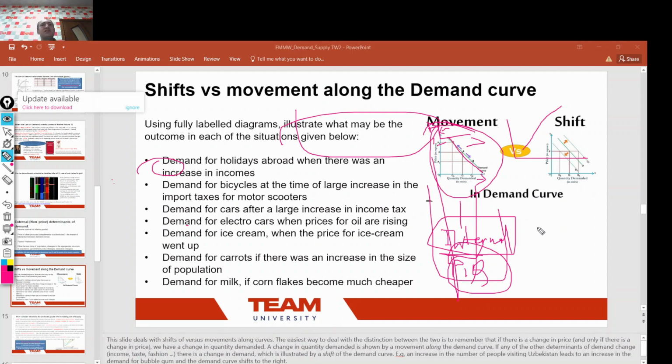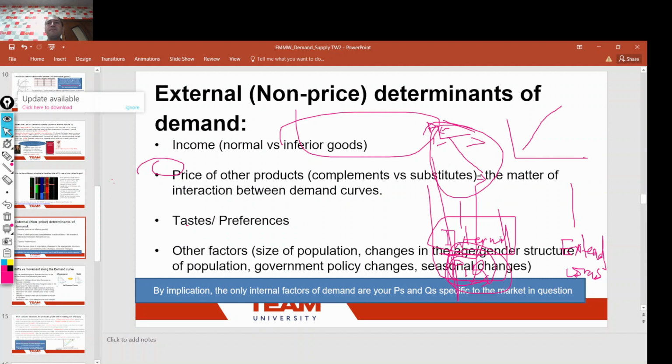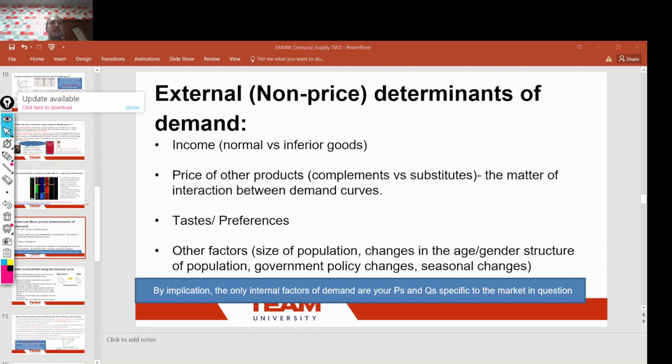But of course, markets are impacted by all sorts of developments in external circumstances. So external circumstances, there are plenty of them. The previous slide actually concerns such circumstances, and let's just review those circumstances. Apart from analyzing the market for changes in its own terms, for P's and Q's, there is a plethora of these external circumstances,